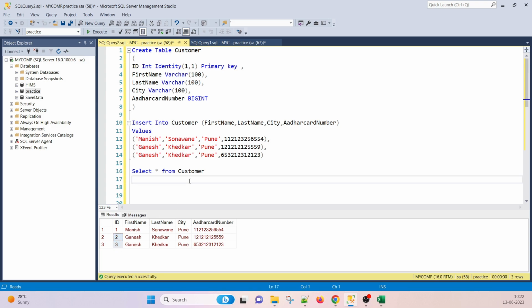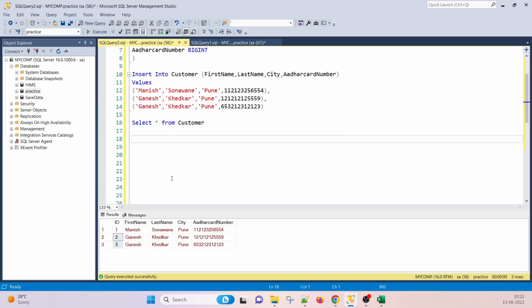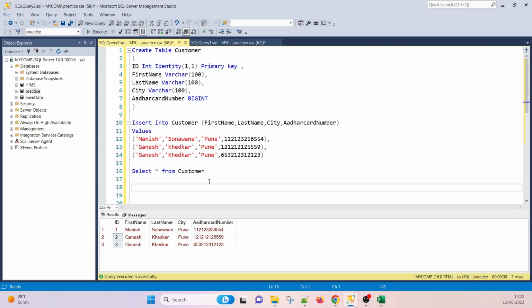So let's see. Right now you got the clarification about the primary key: it does not allow null values and duplicate values, not even a single null value, got it. And if I run a select star from customer, we are getting all the data as it is, all the records,